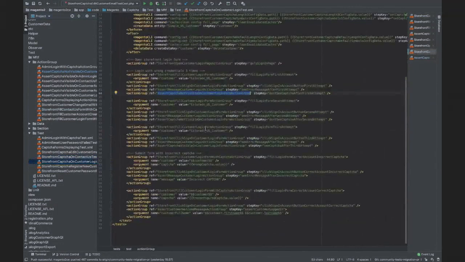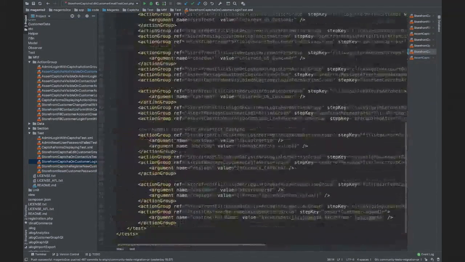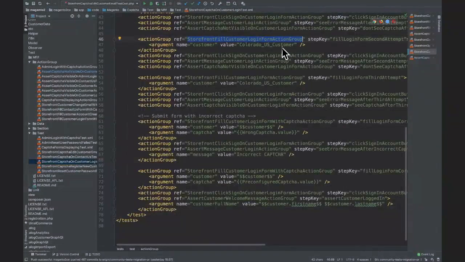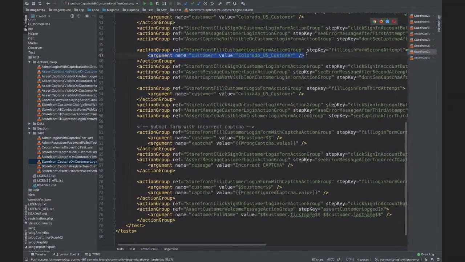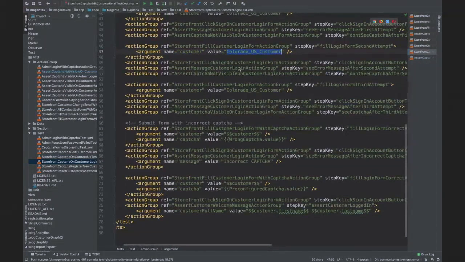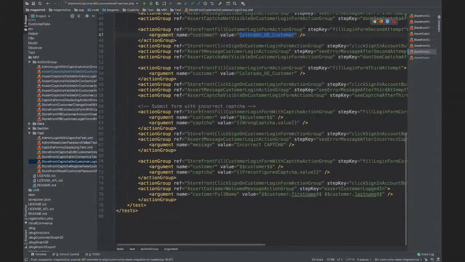Actually, I have here a customer login task, which shows this. I have a task which goes fill customer login form. This is the basic customer action group, and we pass an argument called customer only. But we fill the login form with an incorrect password, with a customer that does not even exist in the Magento system. So we will see an error message, and we will do this 3 times. And on the 4th